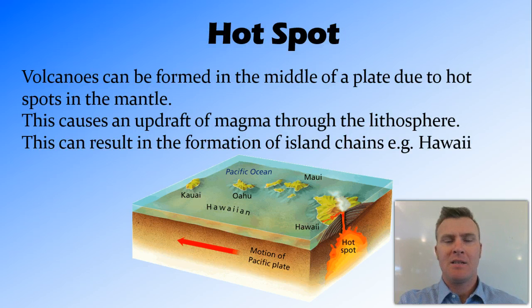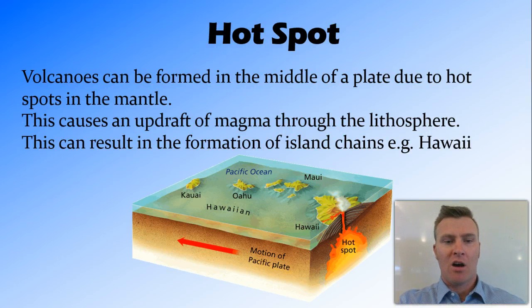Now, as the plate, so the lithosphere, moves across the top of the asthenosphere, the hotspot, because it's in the asthenosphere, stays where it is. And this is how volcanic island chains can be caused. So, for example, Hawaii,